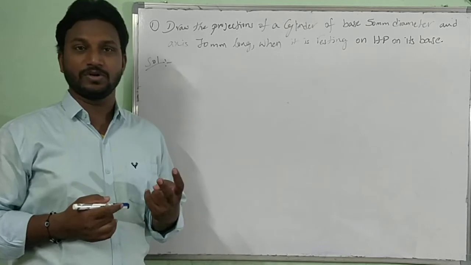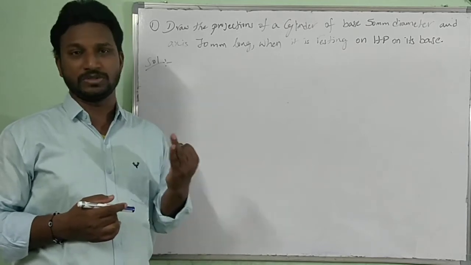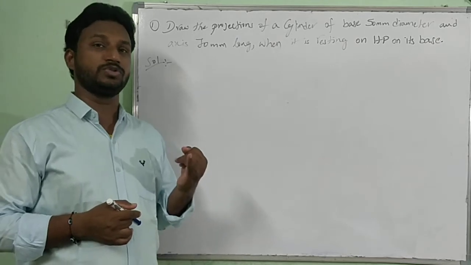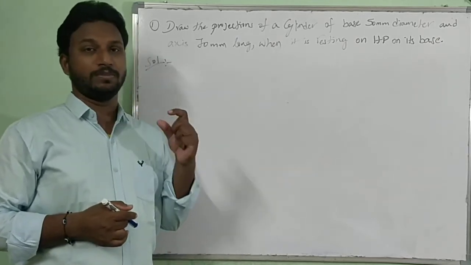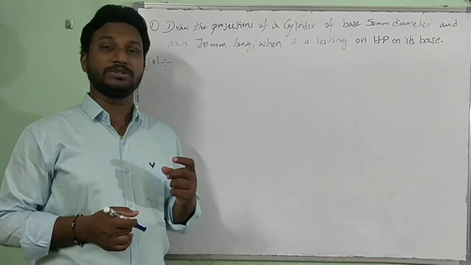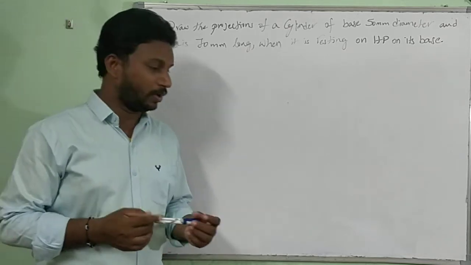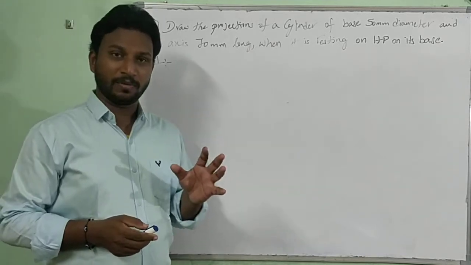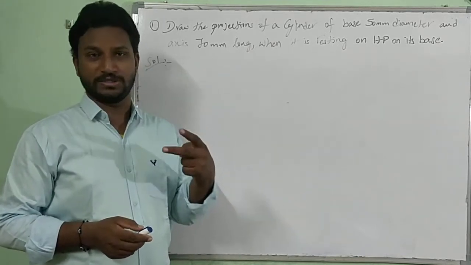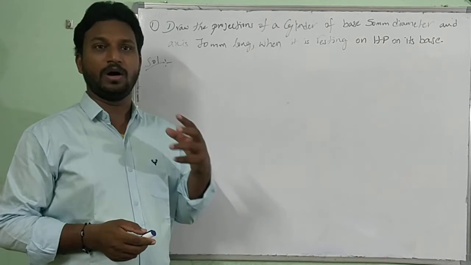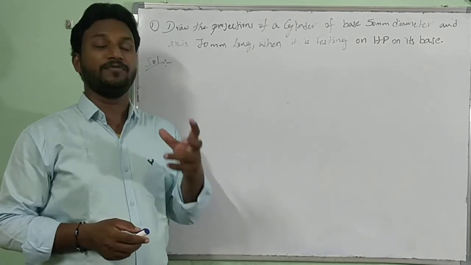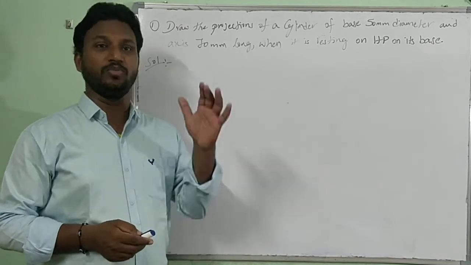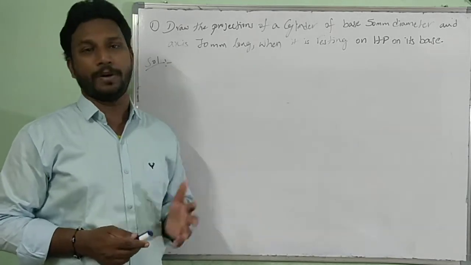There are two types of solids, mainly polyhedra and solids of revolution. Under polyhedra, the important things we are supposed to gain knowledge about are prism and pyramid. Prism is a kind of polyhedra having two bases, top and bottom, of a definite shape, and from each side of the shape, rectangular faces are raised to meet the sides of the top and bottom.